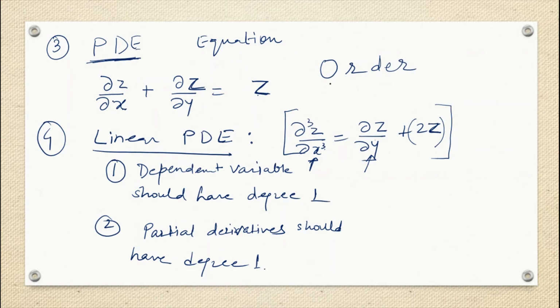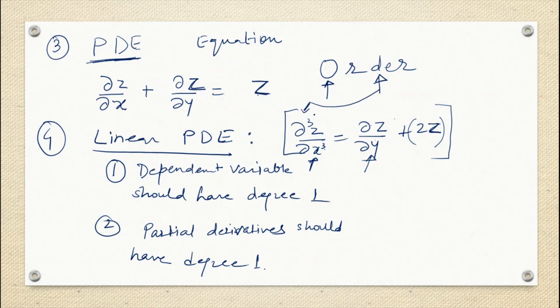So if you have found the order, and this is 3, then you will go to find the degree, right? So then you will find what is the degree of this equation. To find the degree of the equation, you just have to see the highest derivative term. You are not worrying about this term, you are not worrying about this term. You are just focusing on the highest derivative term.